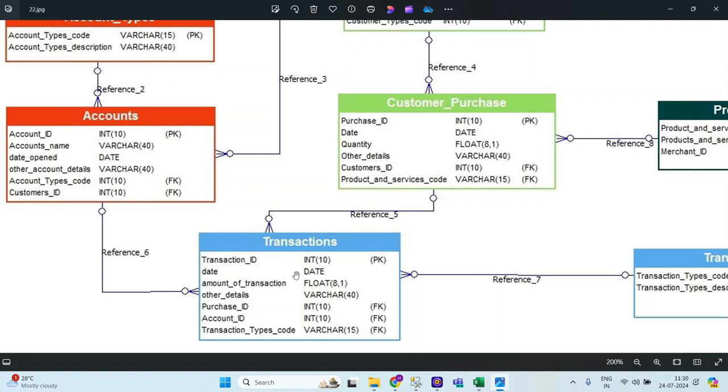But if you see here in the transactions table, there is only one transaction key, one transaction ID, so that is fine. It maintains the details of all the transactions. But here, purchase ID, account ID, transaction type code, and also the amount are mentioned, right? Amount of transaction. So for that purpose, we can say transactions is a fact table,